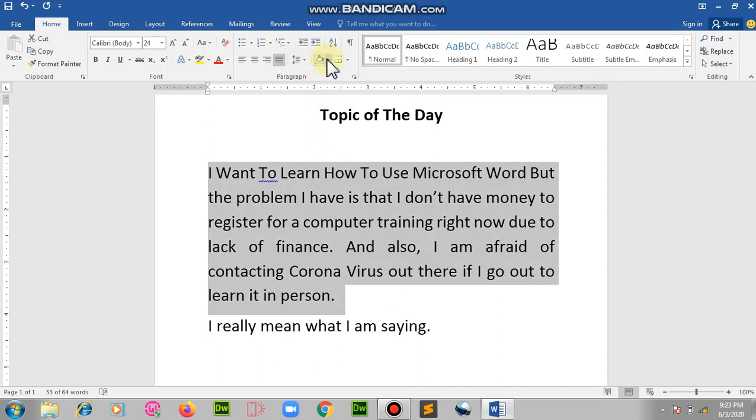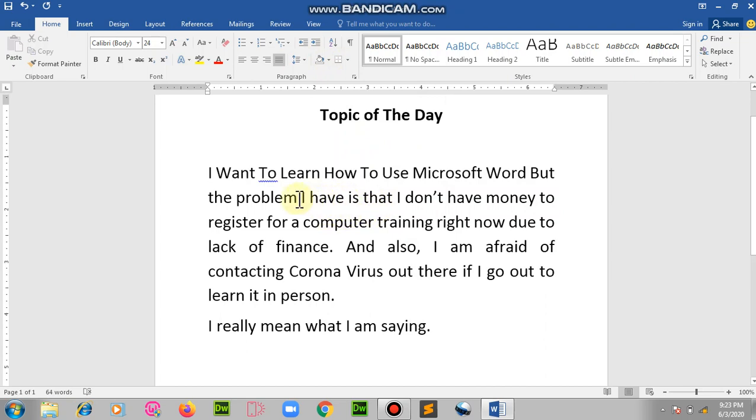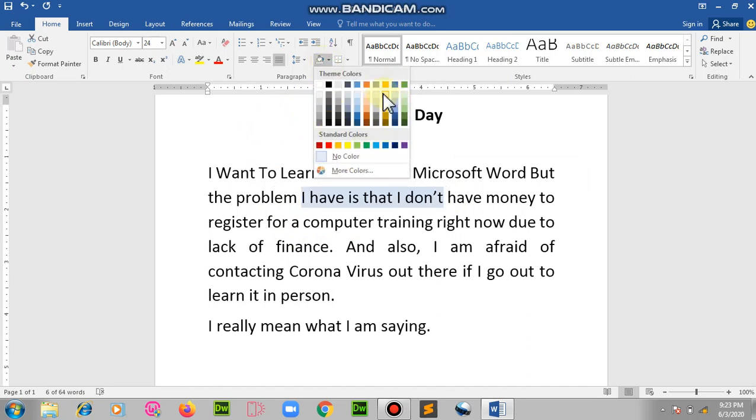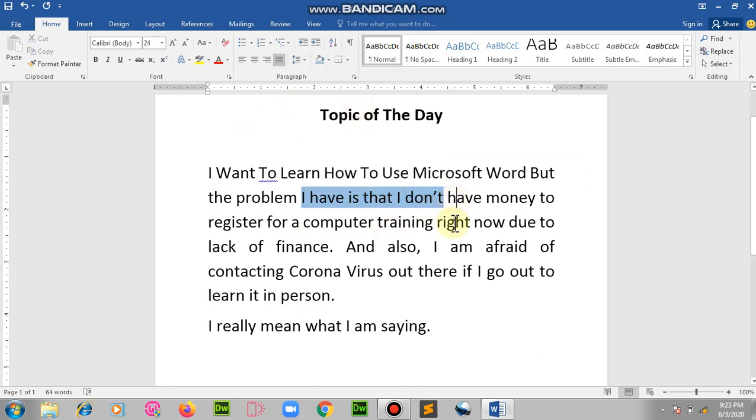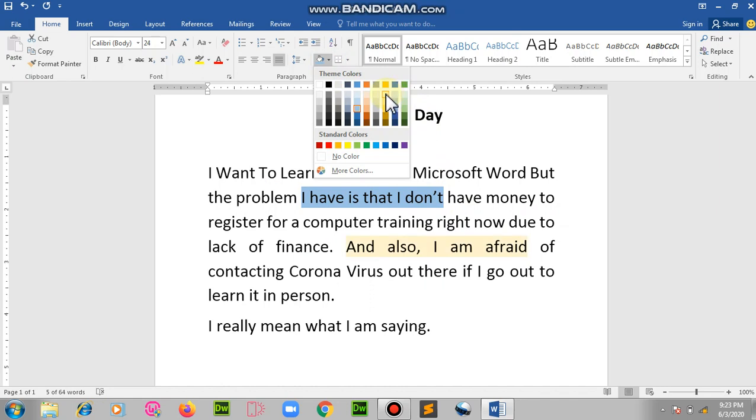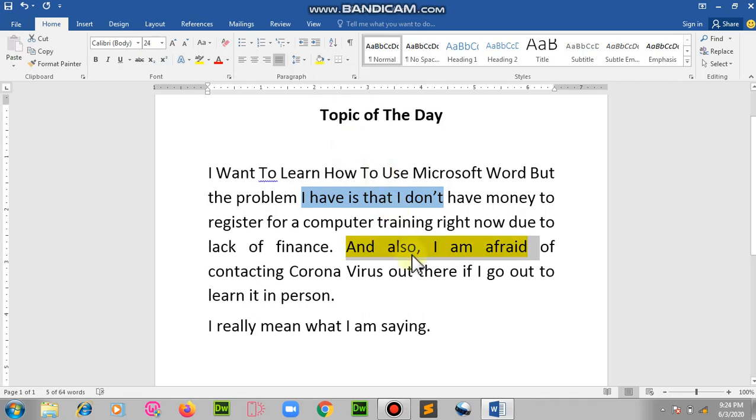Then after that, we have our shading. Sometimes you need to shade or mark some points. Select that point and come straight to this place. Choose the color of your marker. I want it to be this. It has been shaded, just like the way some people do in their Bibles and textbooks, with the mark of points, depending on what they want to use it for in the future. They give it the exact color that represents what they have in mind. This is